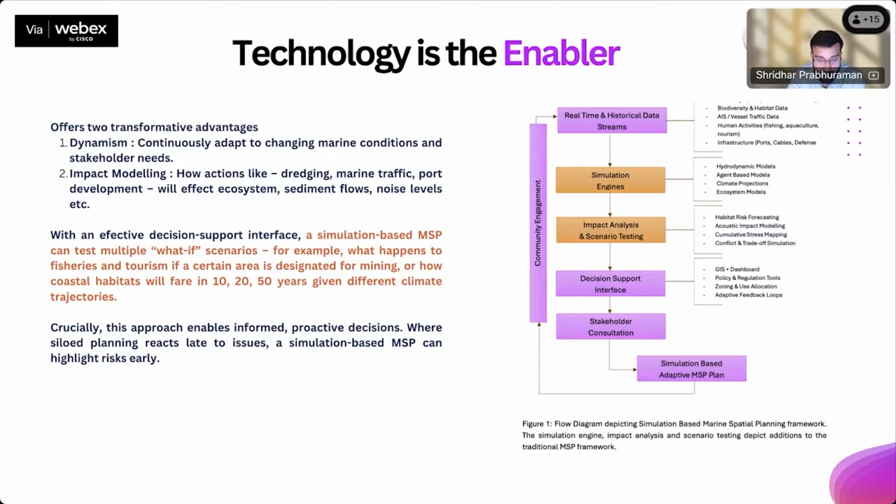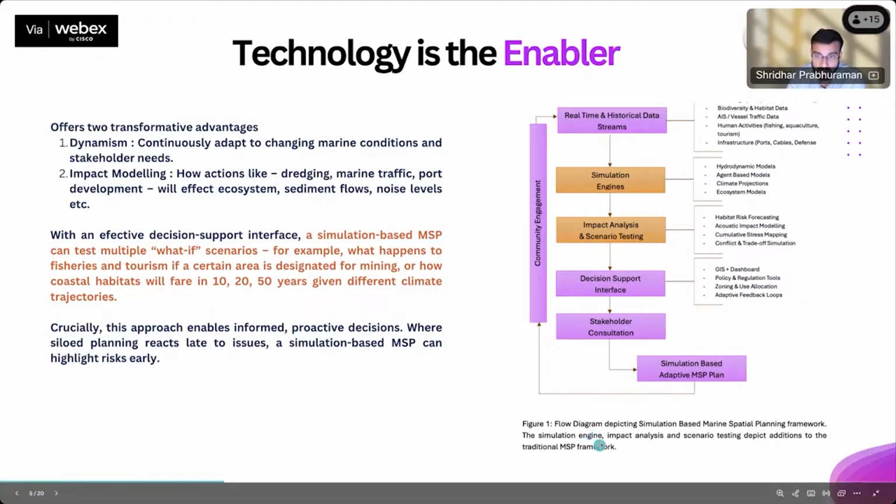And this kind of project has happened in the past as well, although not on such a scale. I remember off the coast of Sri Lanka, they identified that there was collision of ships with blue whales, and they found that by shifting the shipping lane by 15 nautical miles, they were able to reduce the risk of collisions by around 95% for the blue whales. So it is definitely an action item that we need to take as a country as well.